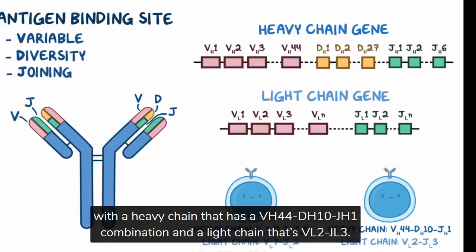And then there might be another B cell that has a B cell receptor with a heavy chain that has a VH44, DH10, JH1 combination, and a light chain that's VL2, JL3. And that would mean that these two B cells